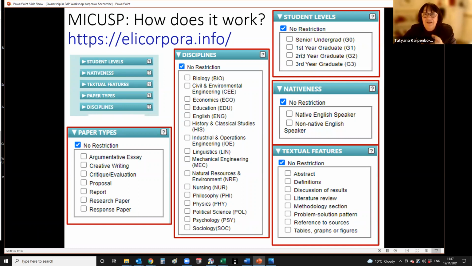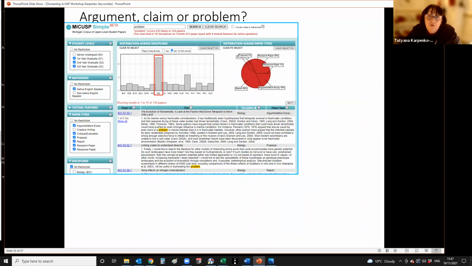We can choose the level of students. There's a lot of disciplinary division here. By discipline, we can browse, and also we can search by type of the writing, argumentative essay. Also, on top of all this wealth of materials, we can look into the whole piece of writing, like the whole student's essay, and find how particular language forms appear in them. So going back to the problem,